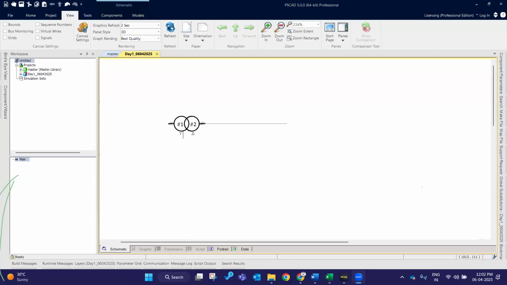For example, if you are performing a lightning study in PSCAD, as a part of insulation coordination study, then your solution time step must be very low, like 0.01 microseconds. Then only you can capture the